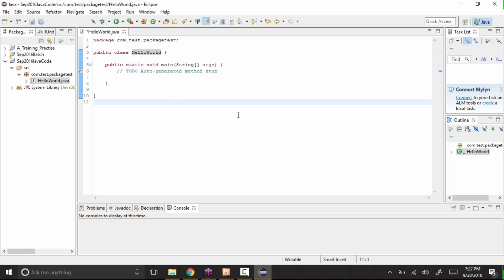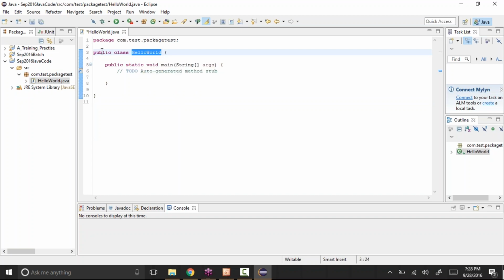The Eclipse IDE is very good. Whenever you make some mistakes, it gives you an error at that time itself. You don't even need to execute the code. Without executing the code, once you do something wrong, it just pops up what error we have made. Okay, so this is the hello world.java and it created a class.